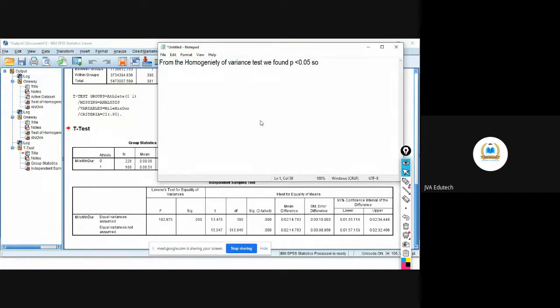So the variances in both the groups are unequal.